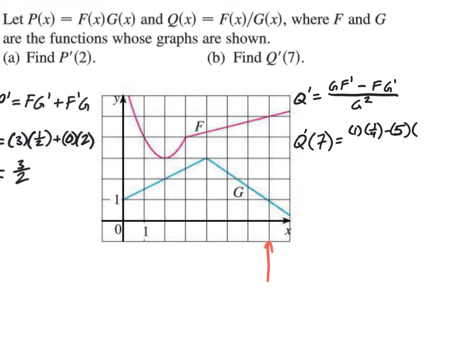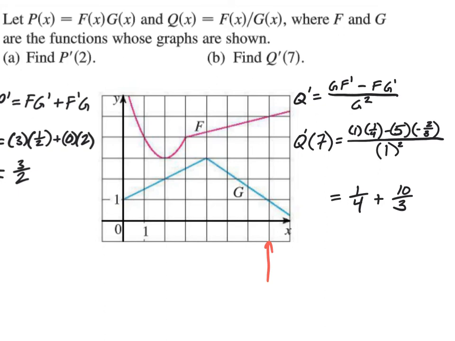And then G prime, that's our slope at this point. Well, it looks like it's going from here down to there. So it looks like we went down 2 and over 3. So that's going to be a slope of a negative 2/3. And that's all over G squared. Remember, we already found that G was 1, so it's going to be over 1 squared. All right, so then that's going to equal 1/4. And actually, over the 1 squared, I don't need to leave room for that. So that's going to be 1/4 minus, actually plus,